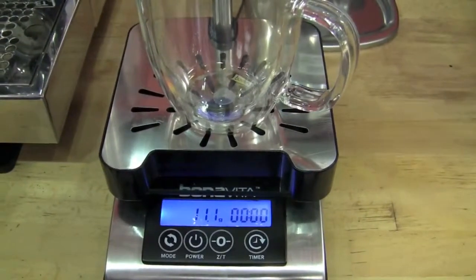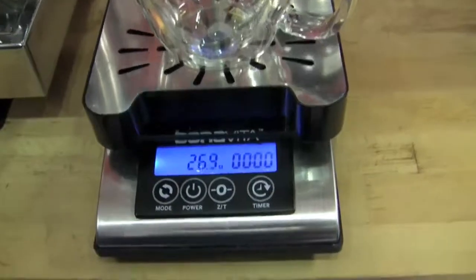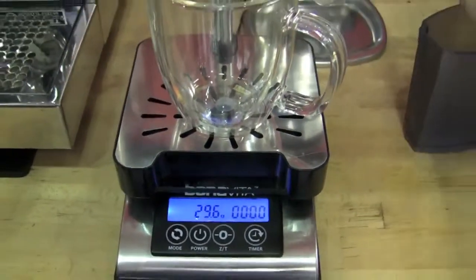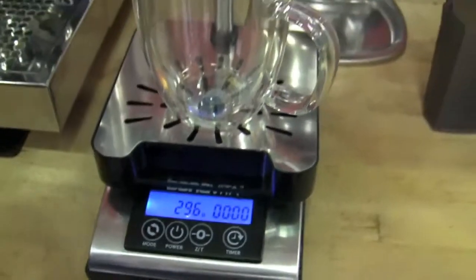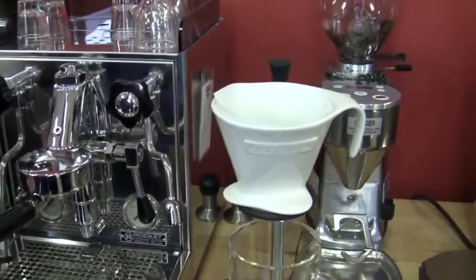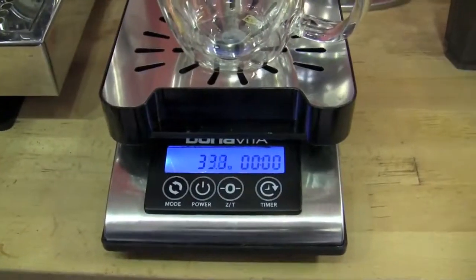All right, so check your scale there. Let's see what it's doing here. We got a little bit left over in there. Yeah, that's pretty good. Oh, we're at 29.9. I'm going to say there's a decimal point there. That's pretty close. And so then you can tare this out, and then when you start your pour over,